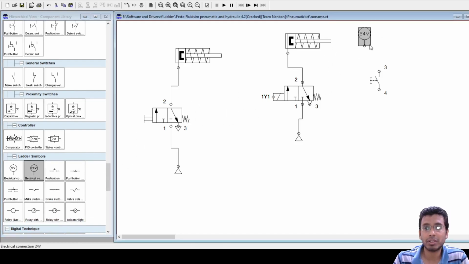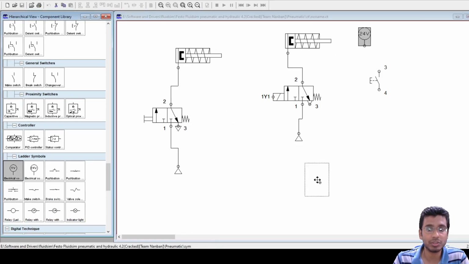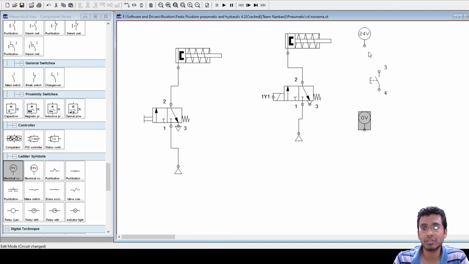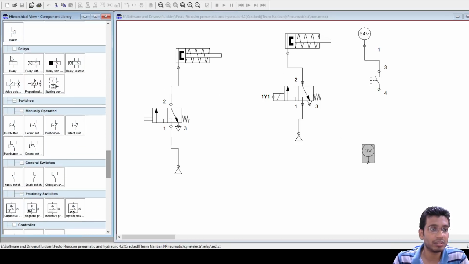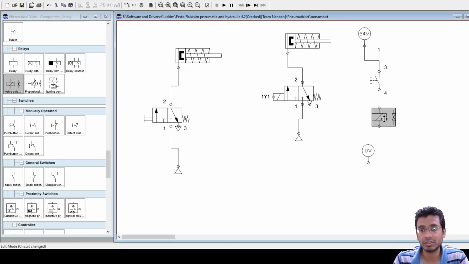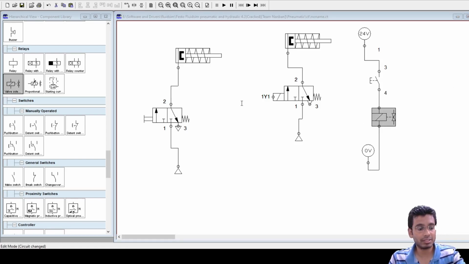So I'll just be making a 24 volt and a 0 volt connection. Fine. And I will also be requiring a solenoid valve. Right, and I will be naming this.